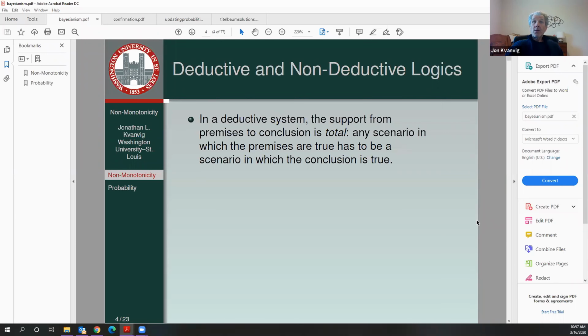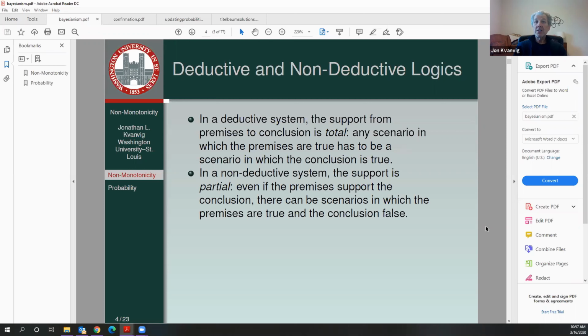In non-deductive systems, the support won't be total, it will be partial. Even if the premises support the conclusion, there can be scenarios in which the premises are true and the conclusion is false. So for example, one thing that we're going to study is lottery situations. And suppose you have a lottery system where